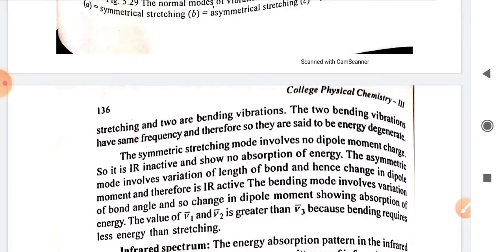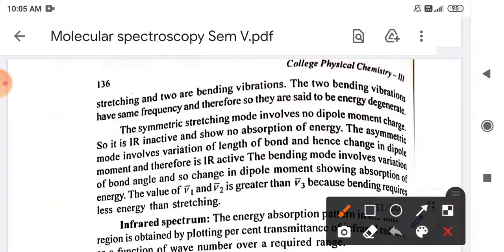So we can say that one mode of CO2 is IR inactive, and which is that mode? It is the symmetrical stretching. Due to the symmetrical stretching there is no dipole moment change, and hence no IR absorption will take place. And next is what? The asymmetrical stretching mode, which involves the variation of bond length, and hence it has a change in its dipole moment, and therefore we can say that it is an IR active mode. The bending mode, which involves the variation of bond angle and so the change in dipole moment,